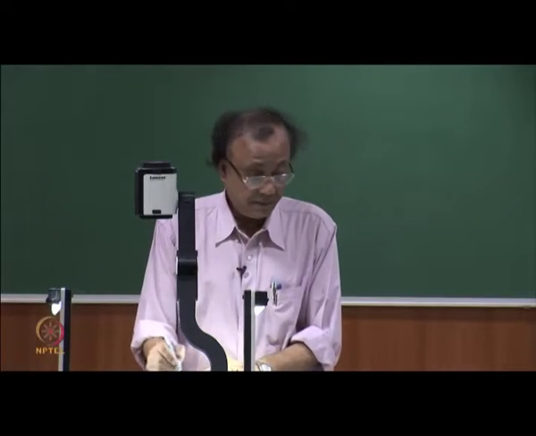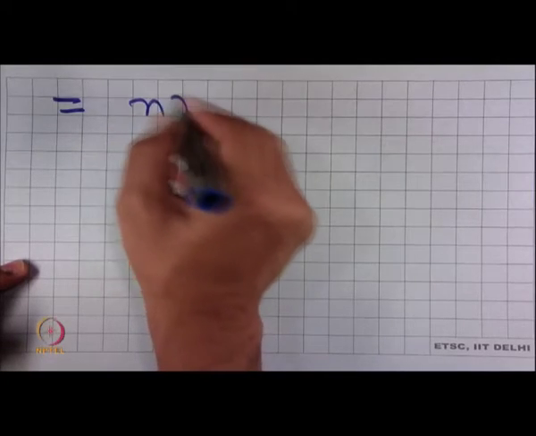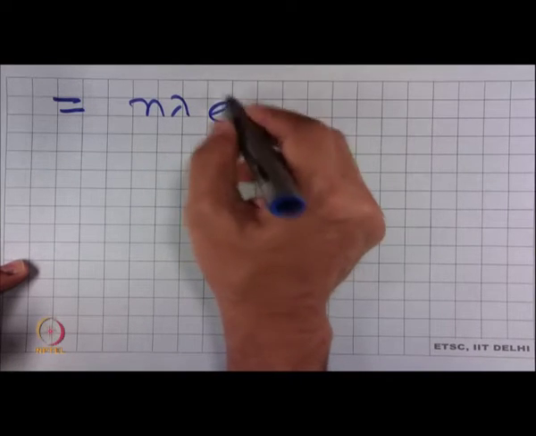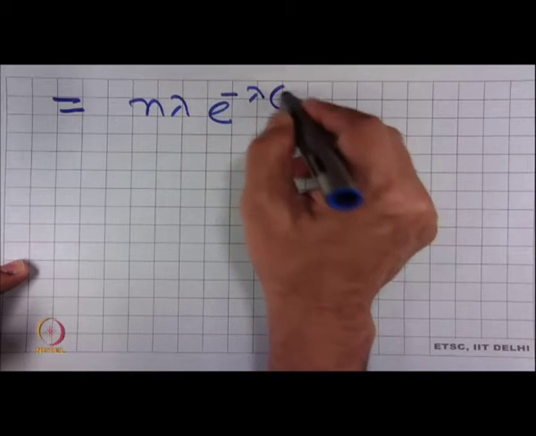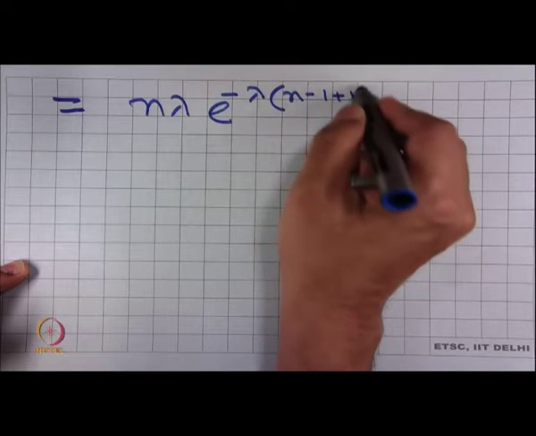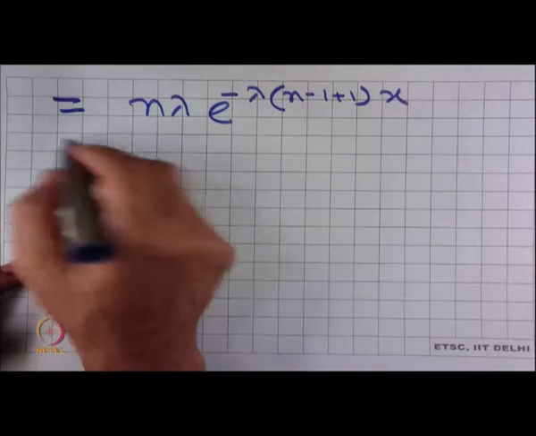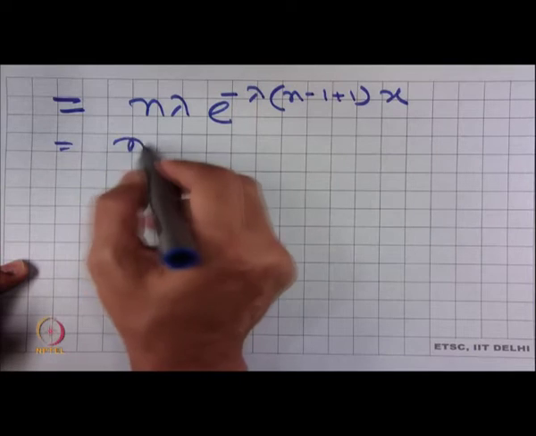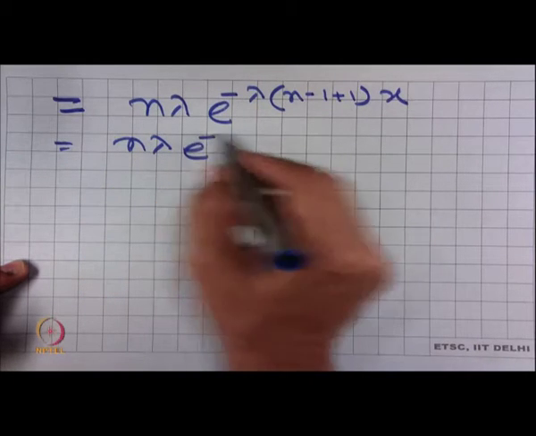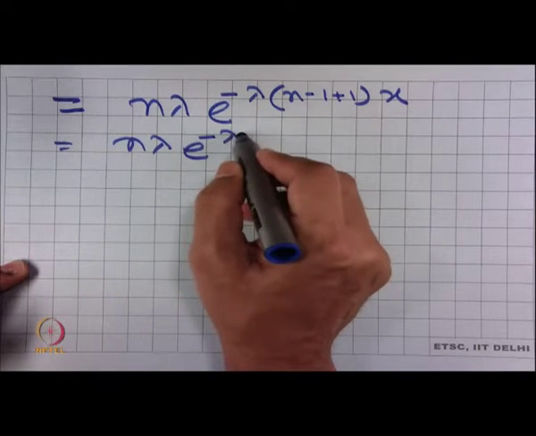This is equal to n lambda e to the power minus lambda into n minus 1 plus 1 x, is equal to n lambda e to the power minus